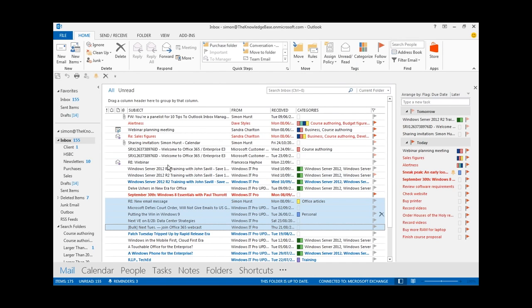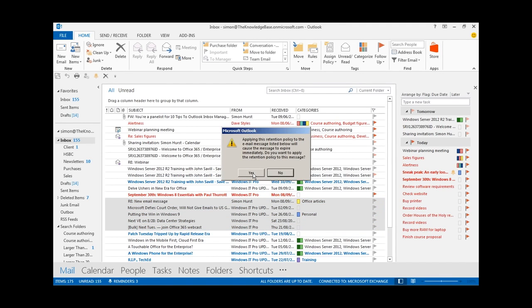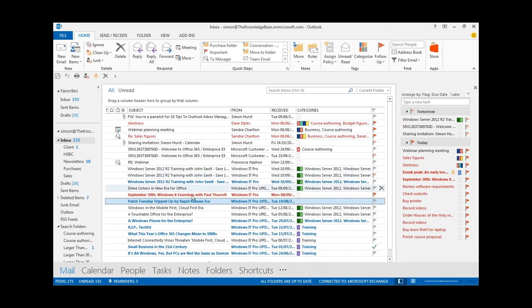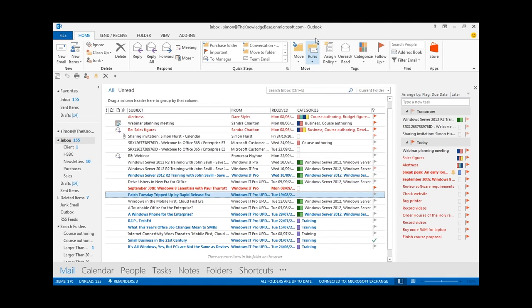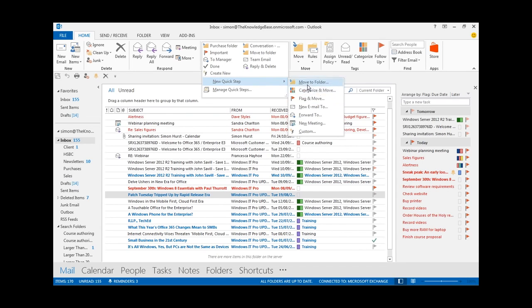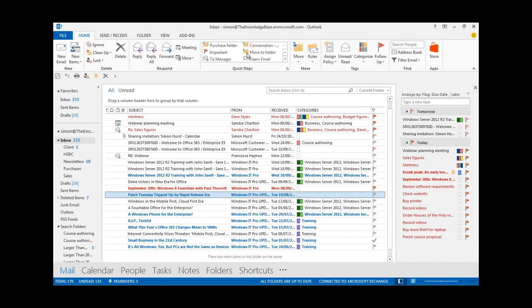That then sits there in my quick steps, and all I have to do is select my emails, click on the option, and it goes through, just reminds me of the retention policy I set up, and does the deed for me, moves it all to my purchases folder. And as you can see, there's a range of different actions and different types of quick step you can create. But quick steps, although they're more automatic, they're not fully automatic. If we want